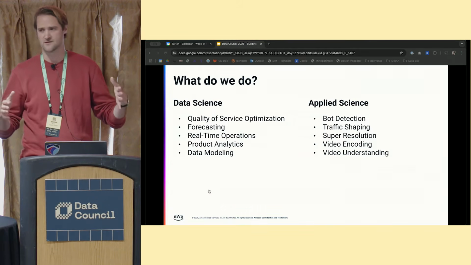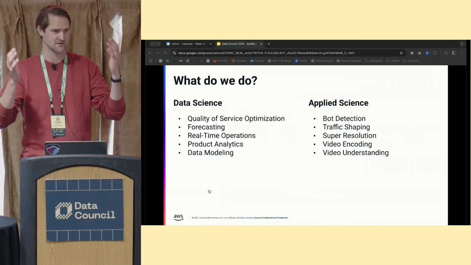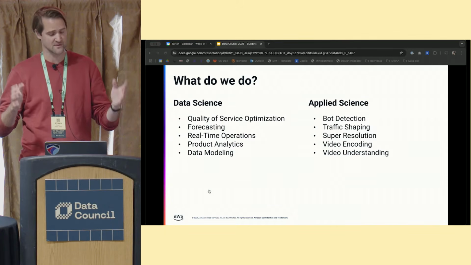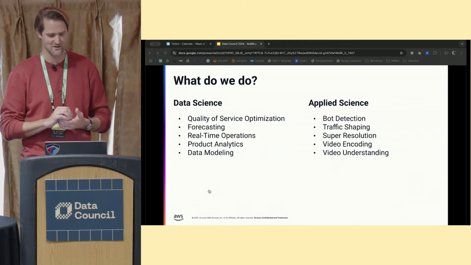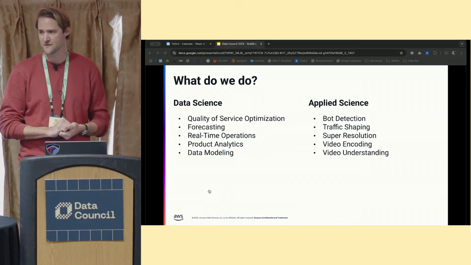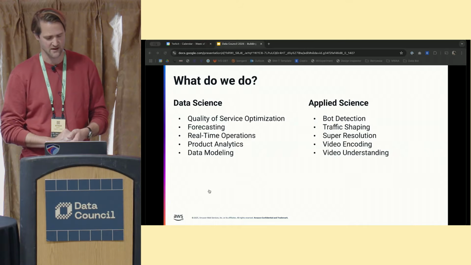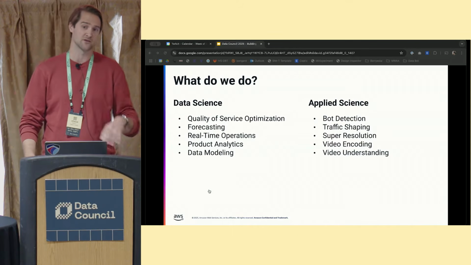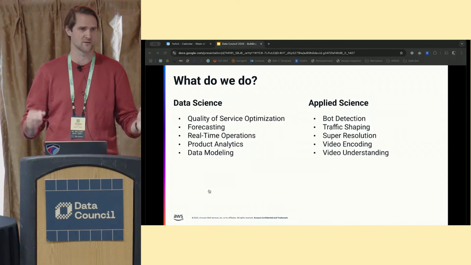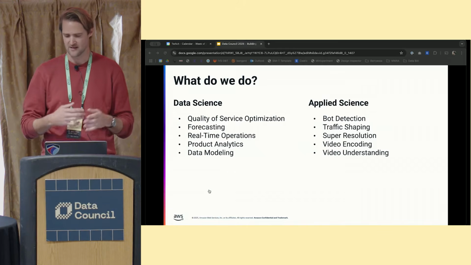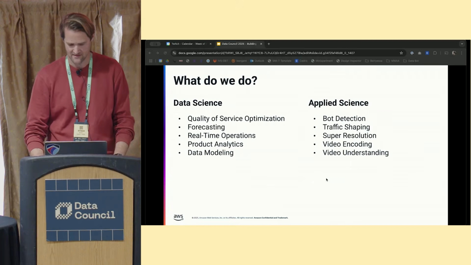If you're in a network-challenged situation, we could send a lower rendition and then use your device to actually make it look better. We focus on video encoding, so this is just a base optimization problem. How do we compress the video quickly but efficiently to make the bit rate lower but quality still high? And then finally, we're looking now at video understanding, so really actually watching the video with a model, something to try to understand what's going on, both for recommendations, ad targeting, content moderation, that sort of thing.